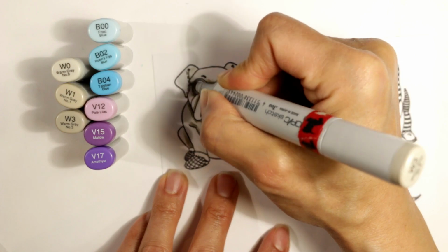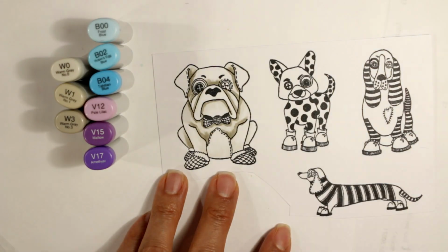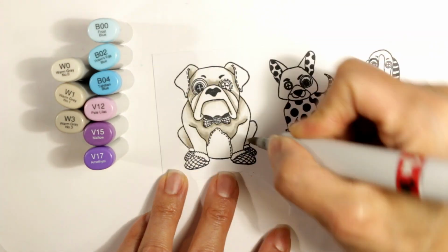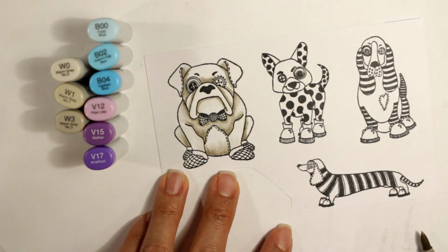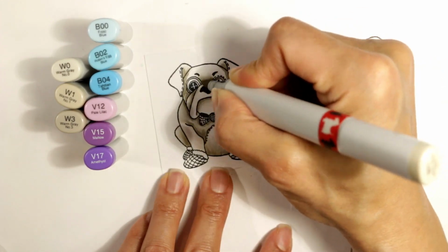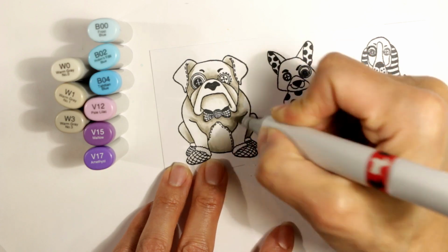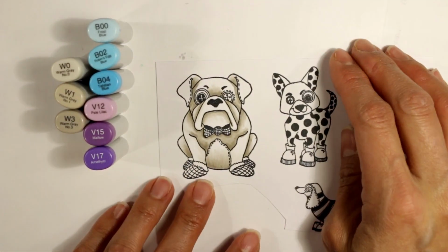And I'm just trying to figure out those nooks and crannies of the bulldog where I think there would be shadows. Behind the wrinkles of its muzzle, at the base of where the muzzle meets the forehead, where the arms or front legs meet the base, the lower part of the belly. All those areas are going to get a darker, warmer gray, and then blend it out with a W1 to connect with the